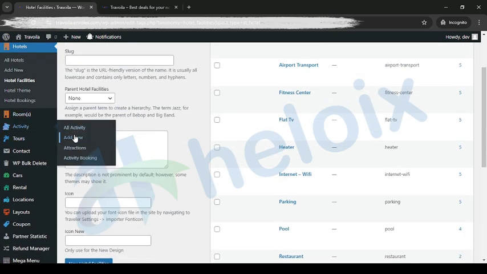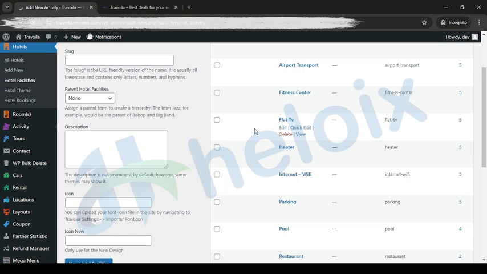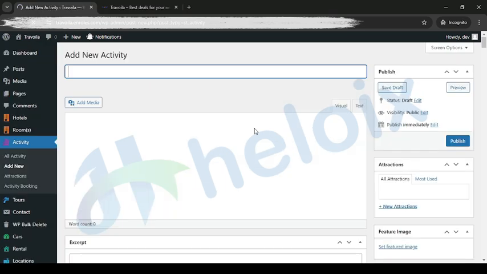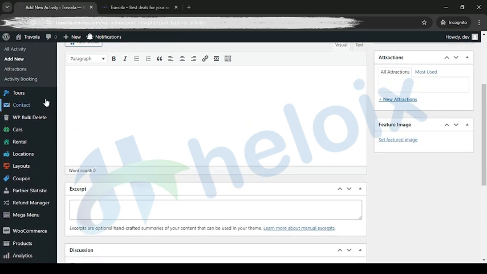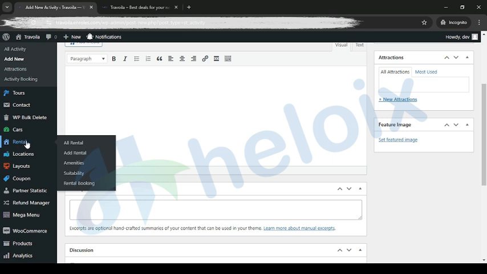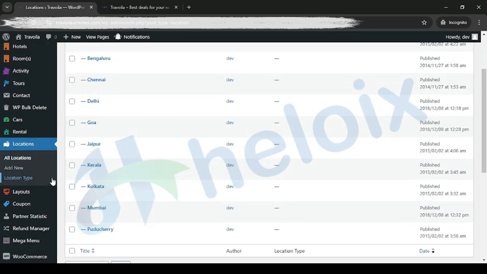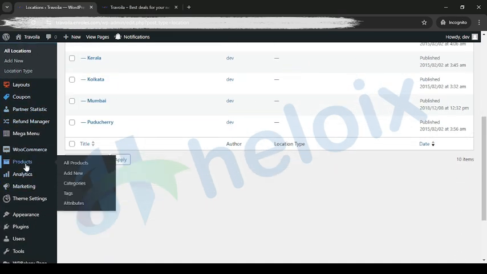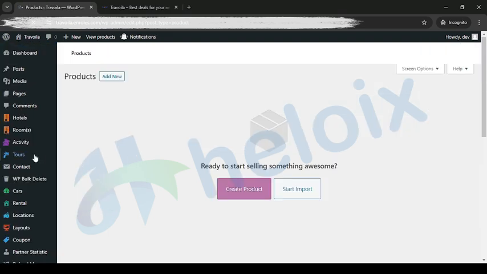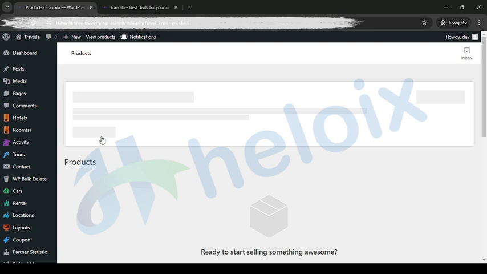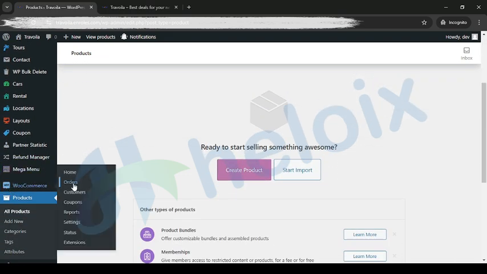After that, activity, so here you can create multiple activities, like paragliding we have, like bungee jumping we have. So these types of activity you can add. In tours, here you can manage tours, cars, and if any rental area is there, then you can manage rental. In which location we are running our services, here you can set up your locations. So here you can add multiple locations and types. You can manage your coupons and all. After that we have product, so all product data will come here. Okay, because this is a travel agency, we will remove that, don't worry.